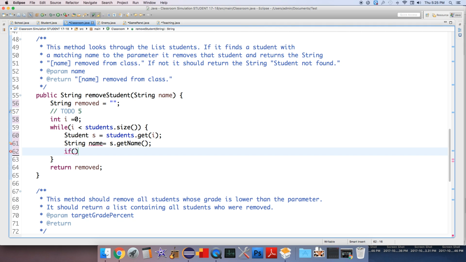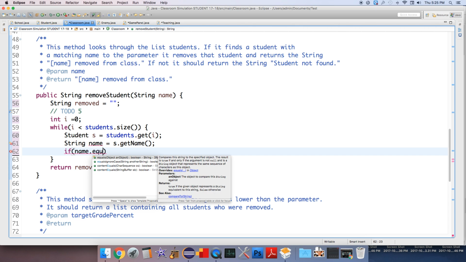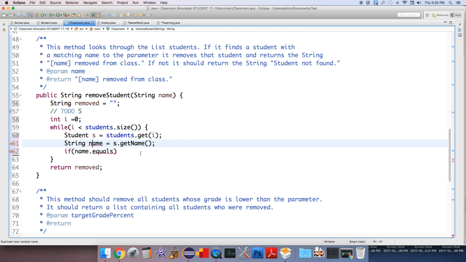So if, why is this angry at me right now? I think it's just because I didn't finish this out. If name.equals, oh yeah, it's a duplicate title. So sName, let's do that. sName, because we don't want the same name as the parameter. If sName equals name,